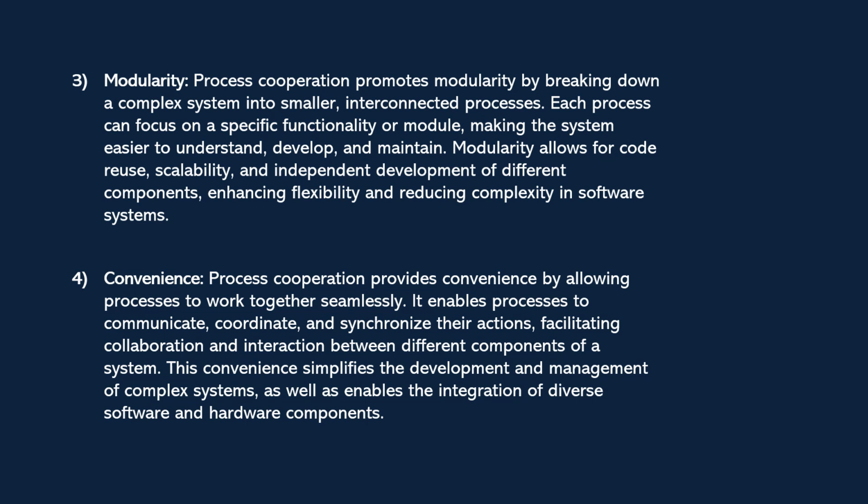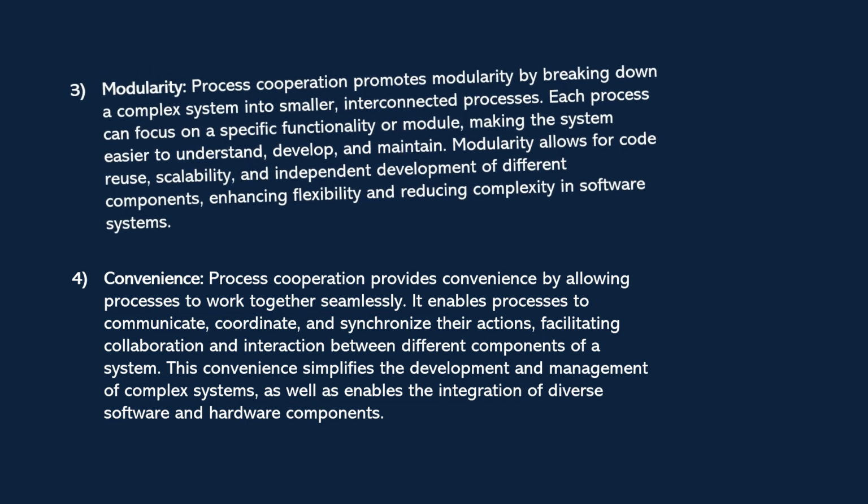Modularity and convenience are also the reasons for allowing process cooperation. Modularity means the breaking down of a complex system into smaller and interconnected processes so that each process can focus on a specific functionality or module, and thus making the system easier to understand, to develop, and also to maintain. It becomes easier as one module or one process performs a specific task, so it becomes easy to understand